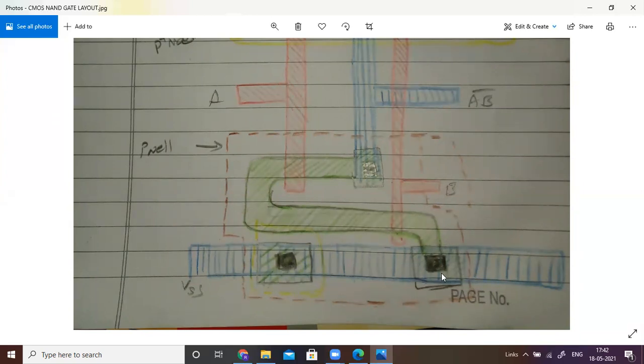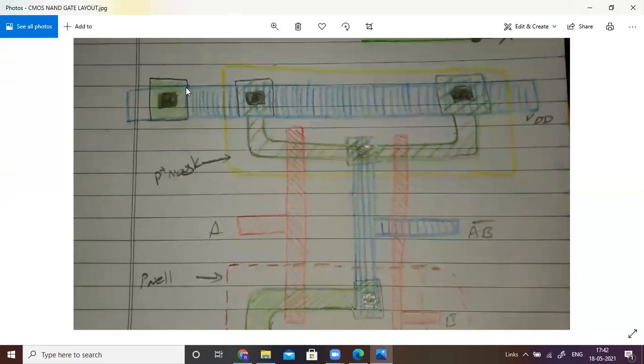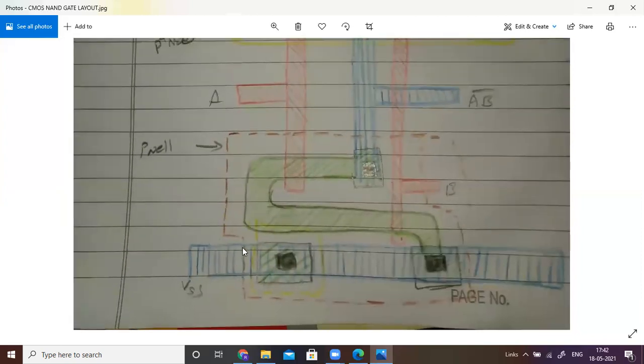Similarly, we can connect the substrate contact in the VDD line, the same method. Take a yellow color and draw the P plus mask here to identify the P-channel FETs. Similarly, this is the P mask to identify the well connection.